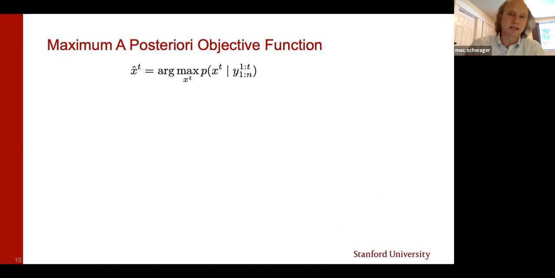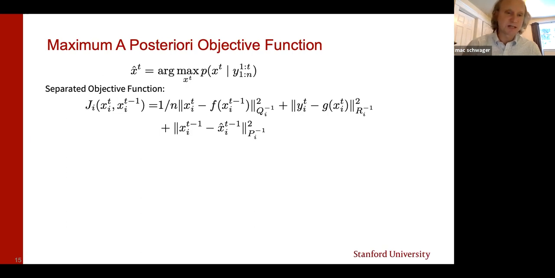In the linear Gaussian case, or just in the case with Gaussian white noise, you can take the negative log likelihood of this, a standard procedure, and then it just turns into a least squares optimization. In the case of a nonlinear motion model or measurement model, it's a nonlinear least squares optimization. And in the case of a linear motion model or measurement model, it's a linear least squares optimization. So that least squares optimization is separable, and every term that is owned by robot i looks like this. You imagine the global objective is a sum over these terms, and every component term looks like this.